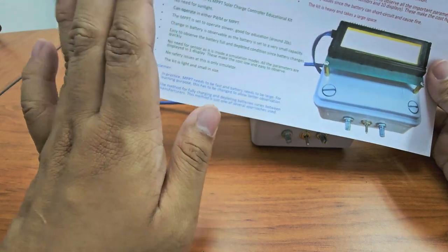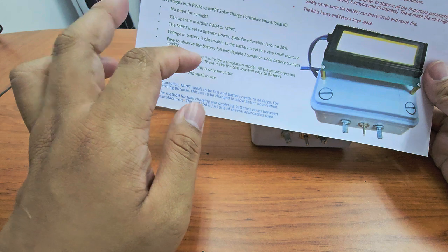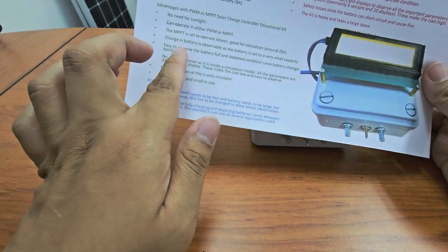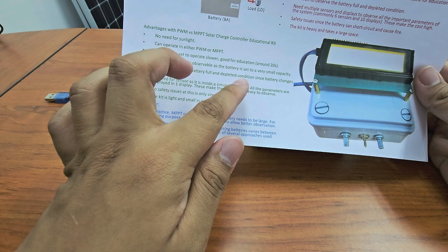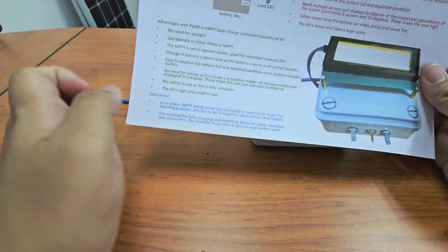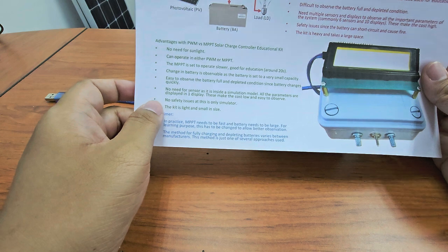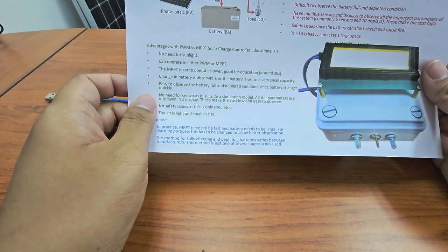So you basically can charge the battery in probably around 1 minute. Okay, so you can see the changes, and you can see the battery full and depleted state condition. Because the battery is very small, it can be observed quickly. And of course, because this is a simulator,